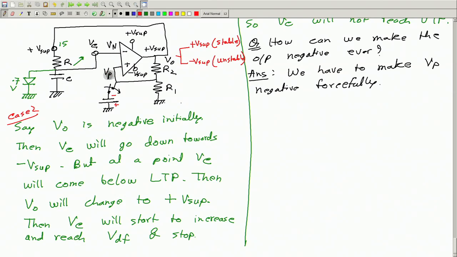So, if this is lower, output will be negative. So, in this way forcefully we can make the output negative. But then we have to make Vp negative forcefully, then Vo will be negative,